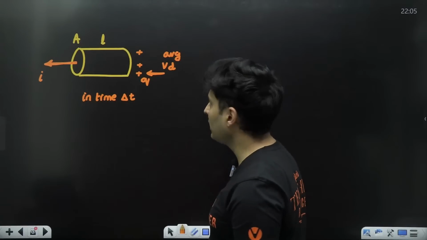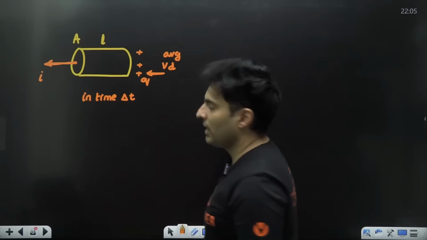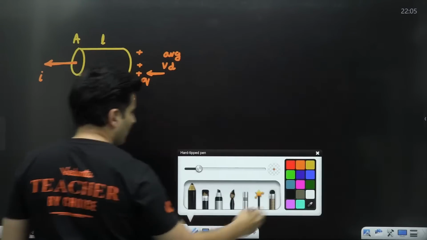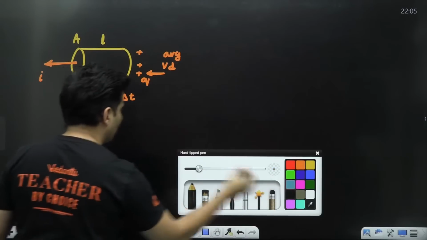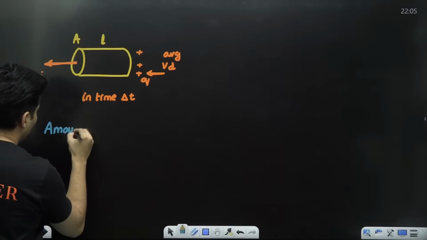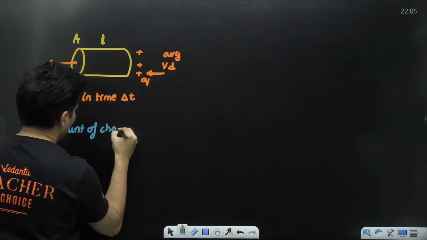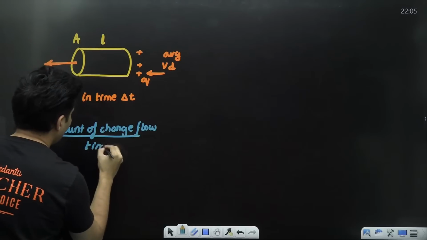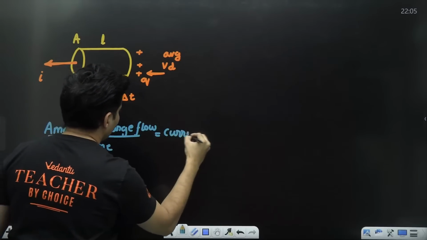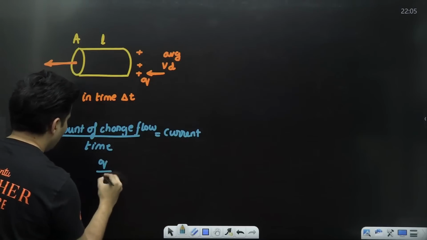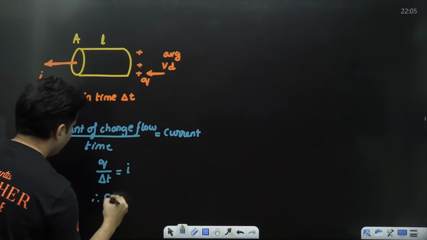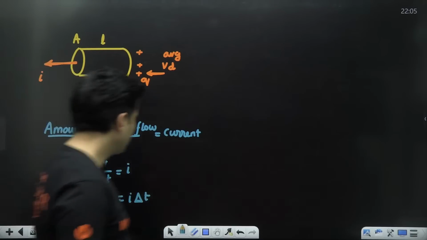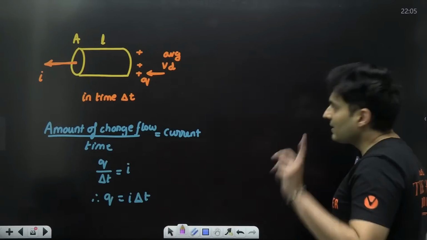So now, my dear students, observe this carefully. In this small time interval, these charges cross this cross section. So can I say that the amount of charge flowing upon the time taken being the current, I can say that charge upon delta t is equal to I, rather Q is equal to I delta t. Q is equal to I delta t. This is one way of looking at the charge. Second way is,